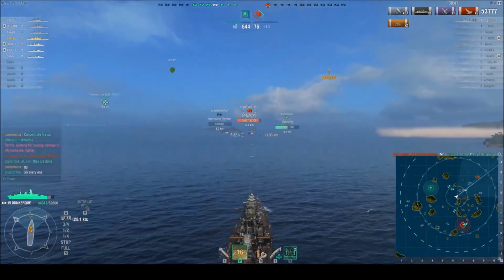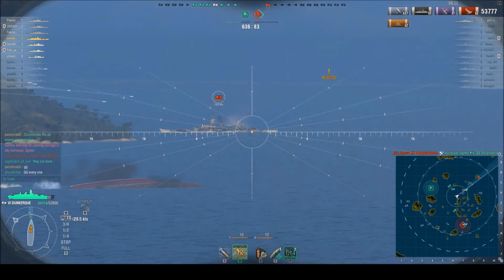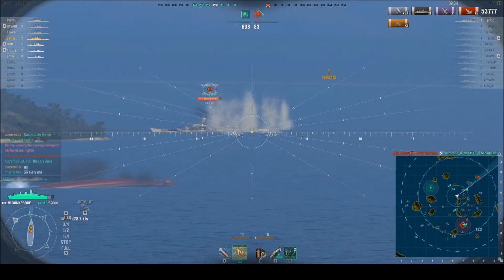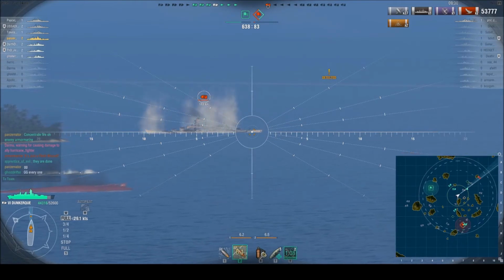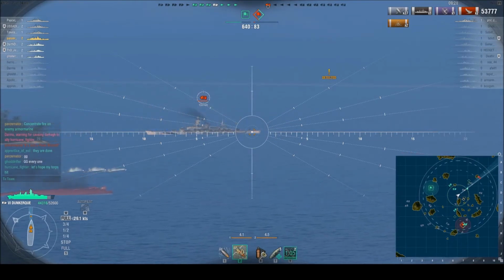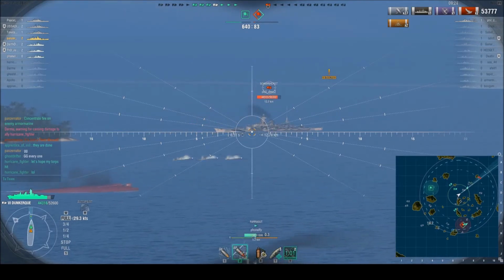Throwing up a bunch of water. Fantastique. Okay, so we got a little Scharnhorst up here. He is a tier above us. We need to keep that in mind. But yeah, those torps might hit. And okay, I think he might be...